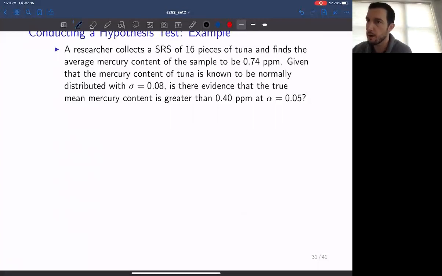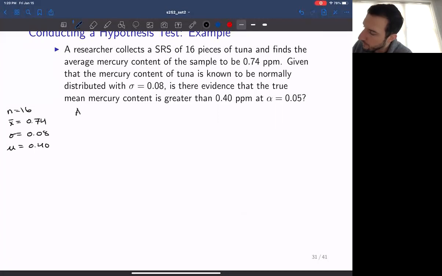So let's just start by writing out what we know. So first off, our sample size is 16. The mean of the sample is 0.74. The population standard deviation is 0.08, and mu is declared to be 0.4. We want to conduct a hypothesis test to determine if there is evidence that the true mean content exceeds or is greater than 0.4. So the assumptions of our test